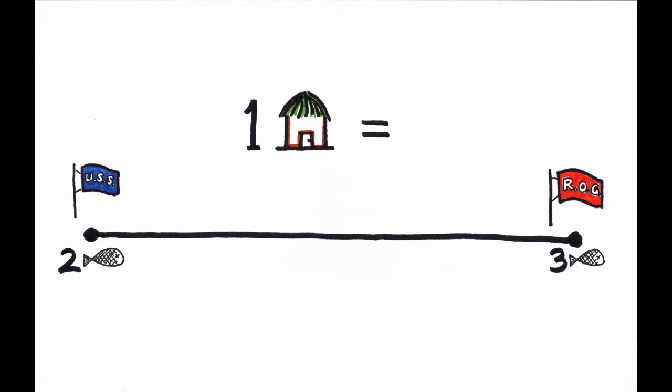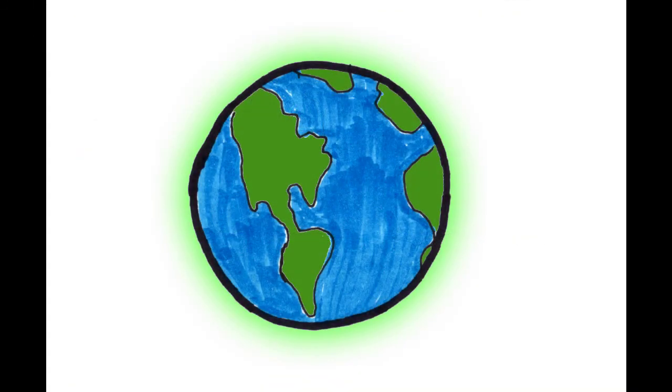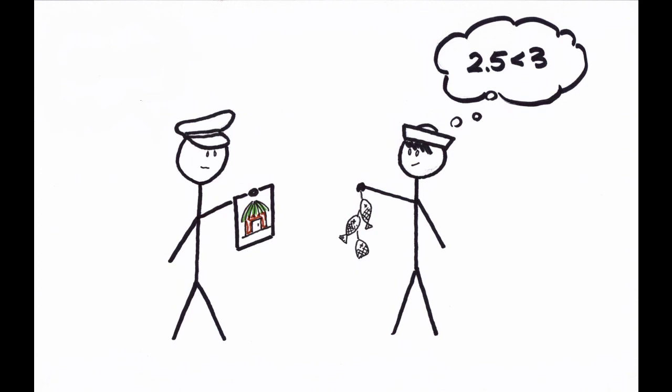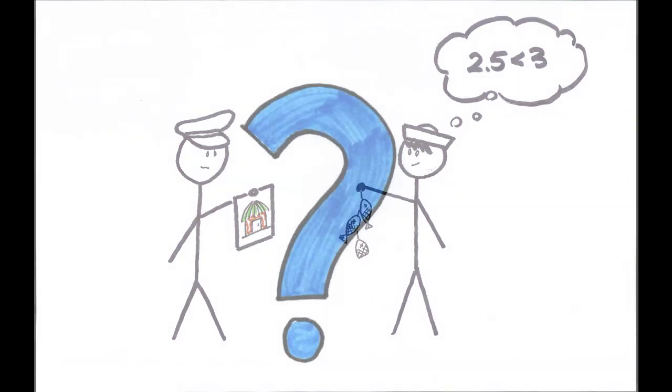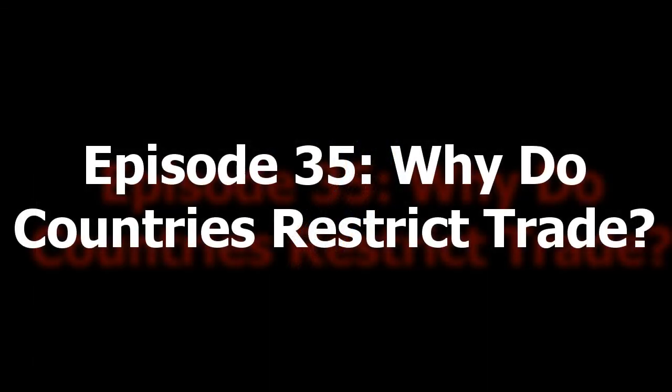So not only will free trade according to comparative advantage have a global benefit by increasing overall production, it also improves living standards in each country by allowing them to sell their own goods at a higher rate of exchange than they could domestically, and also by being able to purchase other countries' goods cheaper than they could have done on their own. This conclusion begs the question, if everyone is made better off by free trade, why is it that there are no countries that actually practice completely free trade? For the answer or answers to this question, you can watch episode 35, Why Do Countries Restrict Trade?